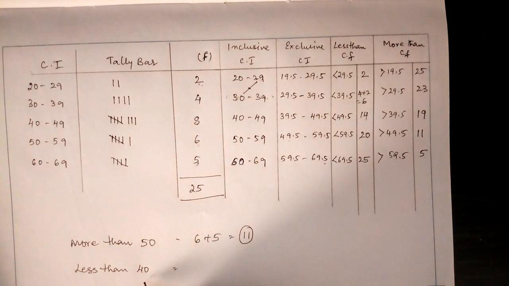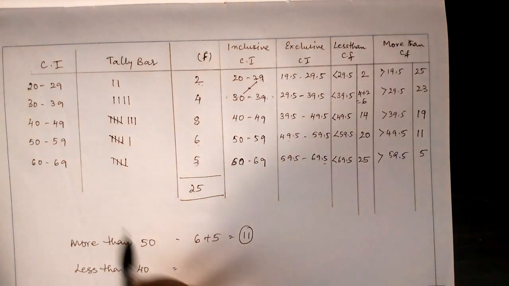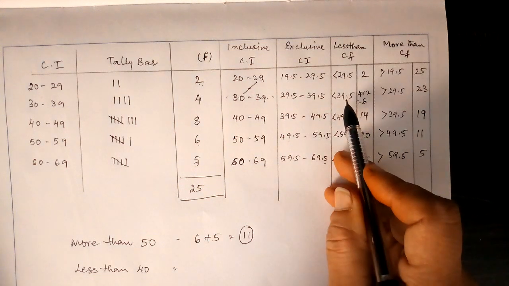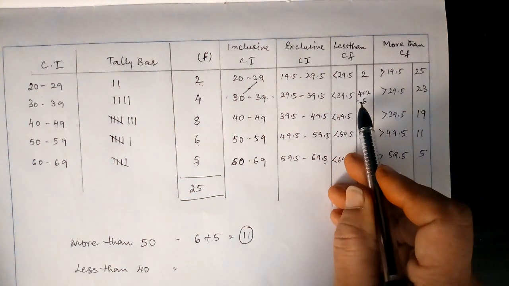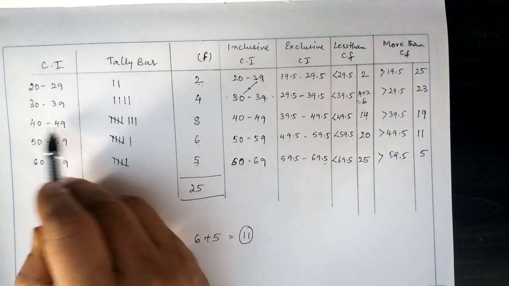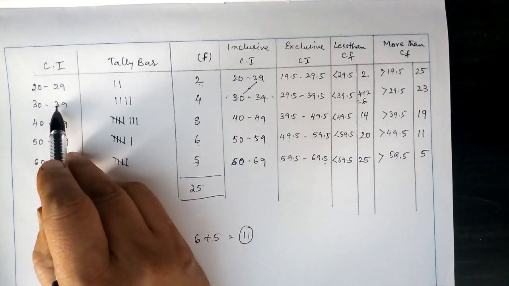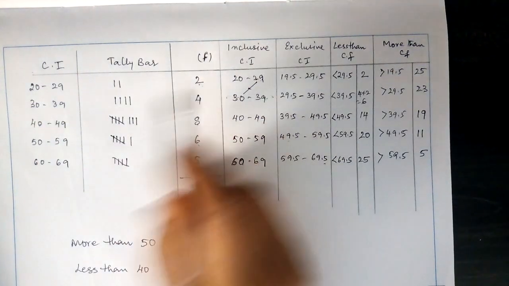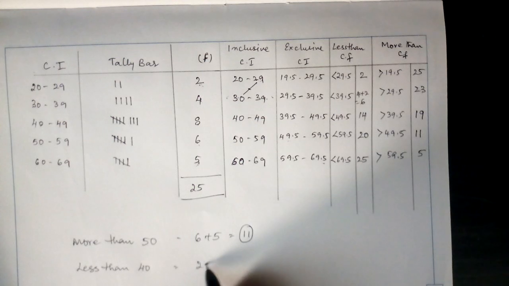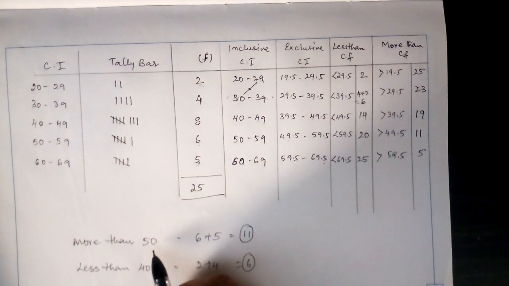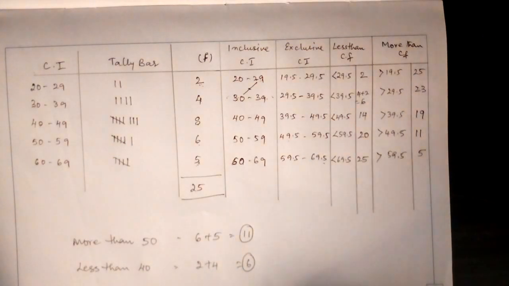The other question is how many of them score less than 40. We have 40 over here, or you can simply see less than 40 is here. So it is 6. Or you can find out from here. Less than 40. So that means this is 40 to 49. So less than 40 we will get in this interval. So 30 to 39 and 20 to 29 all are less than 40. So here the frequency is 2 and here the frequency is 4. So 2 plus 4 equal to 6. So 6 students have scored less than 40 and 11 students have scored more than 50. So those are the types of questions asked from this chapter.